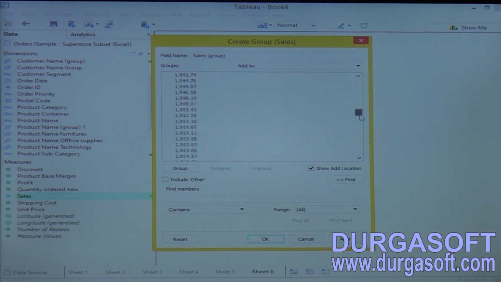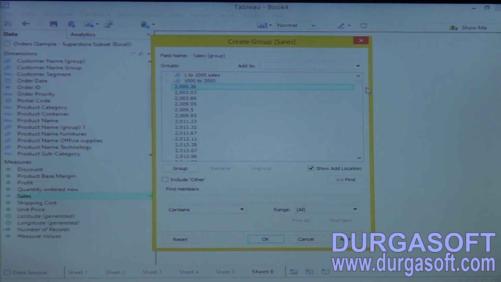Let me create one group, now one more group, 1000 to 2000. This is the way to group the sales measures as well.